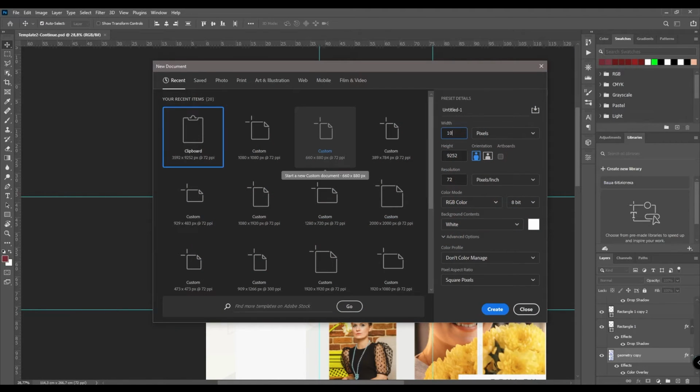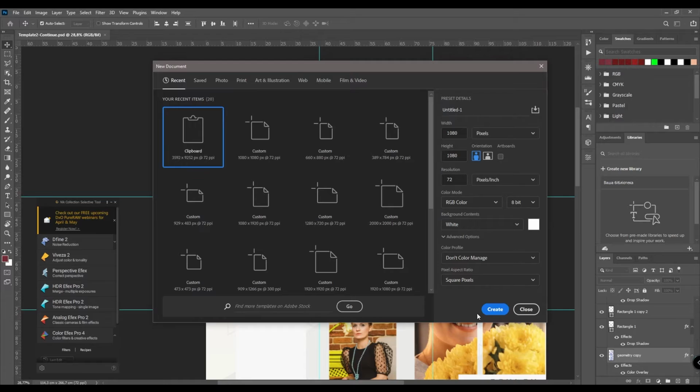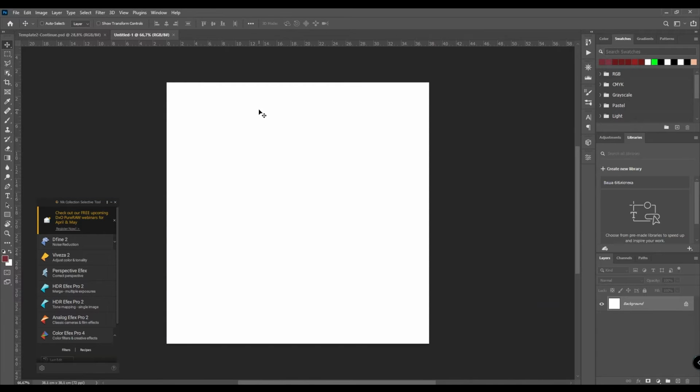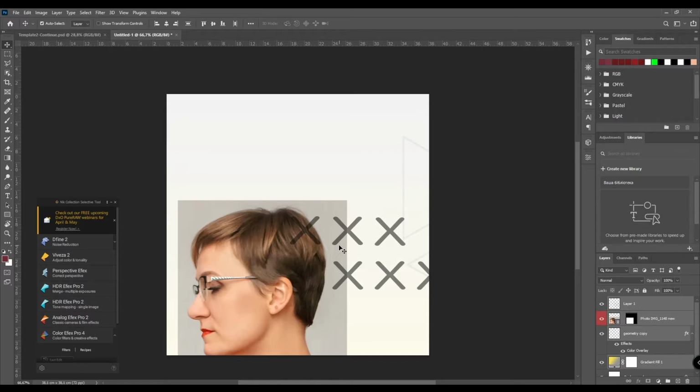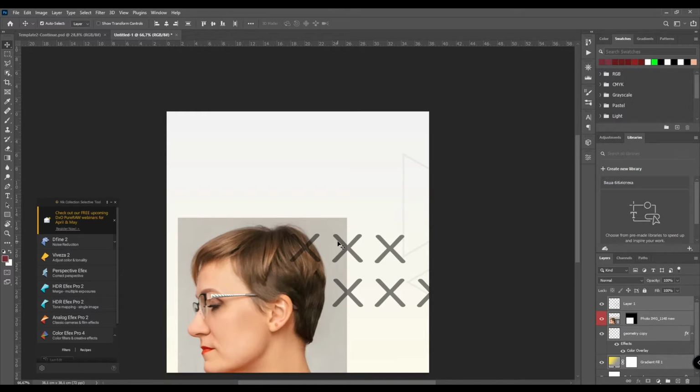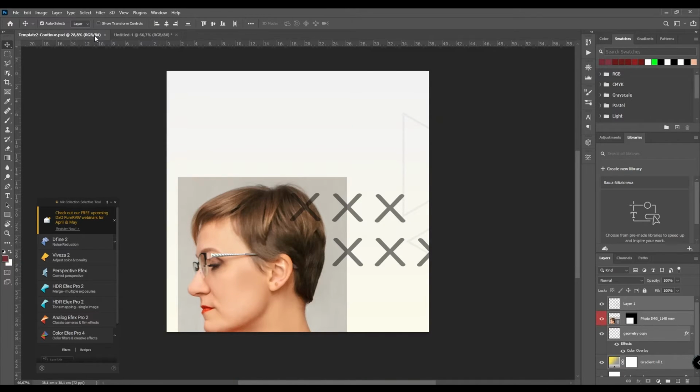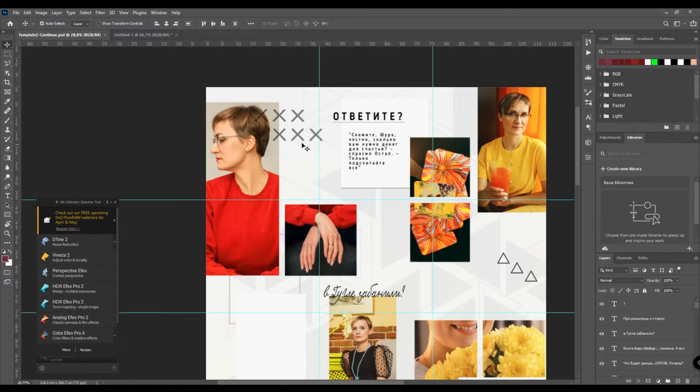My composition in After Effects will be the size of an Instagram feed photo. It's 1080 by 1080. I press Create and Ctrl V. And I immediately got some mess, as far as it simply doesn't match the composition of the initial photo,